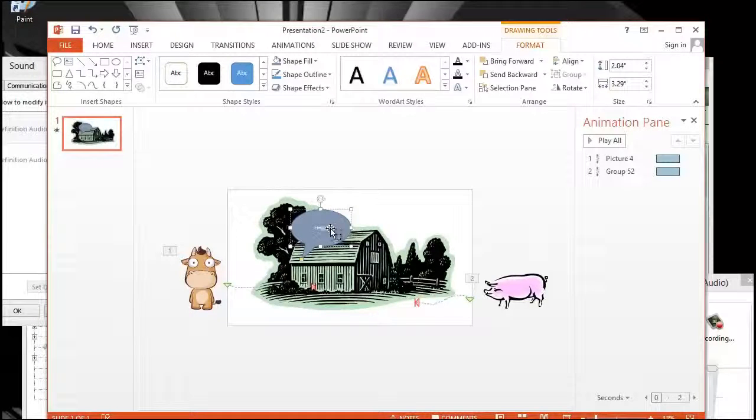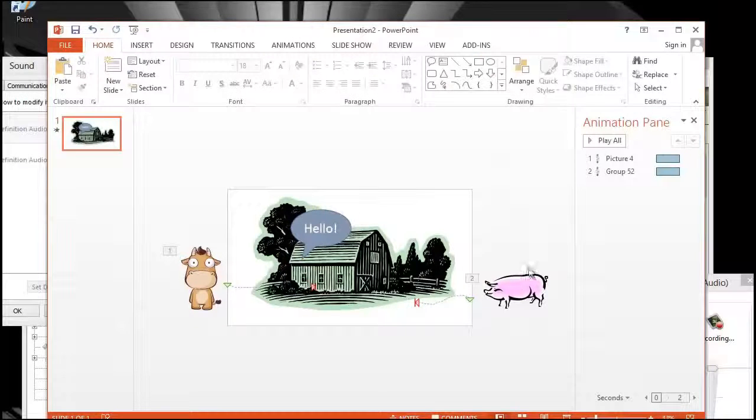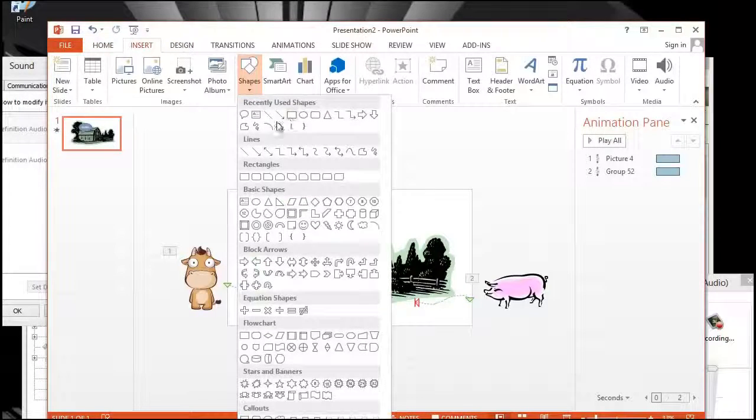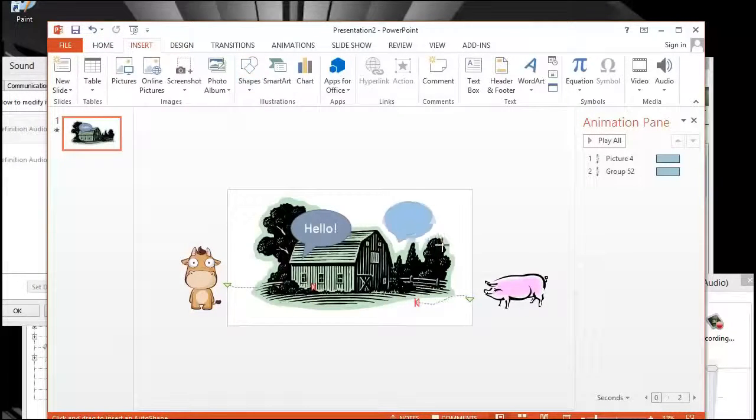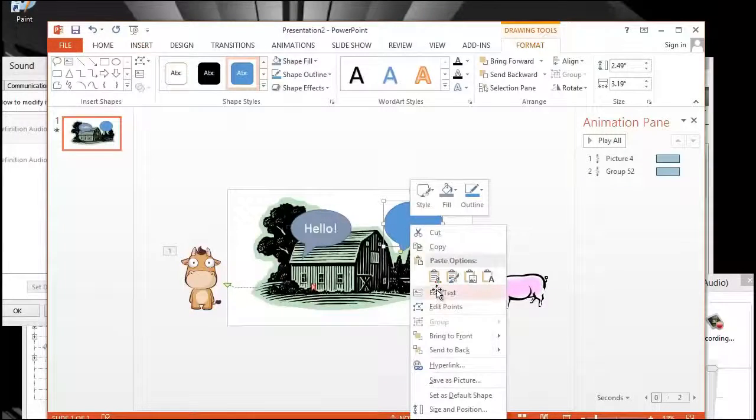Notice how the font is too small. Highlight that font and change the size of that font. Now repeat that process for the pig. Right-click, edit,